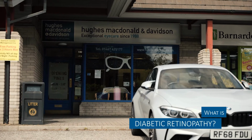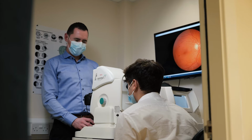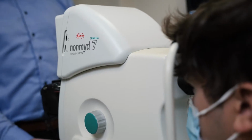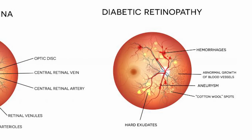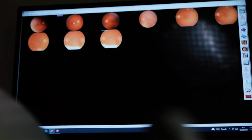Diabetic retinopathy is an eye condition that affects people who have diabetes. Most commonly it's seen in people who have type 1 diabetes, but you can see it in people with type 2 diabetes also. Generally speaking, diabetic retinopathy doesn't appear in people until they've had diabetes for about 5 years or more. We tend to see diabetic retinopathy when people have had elevated blood sugar levels for some time, so that